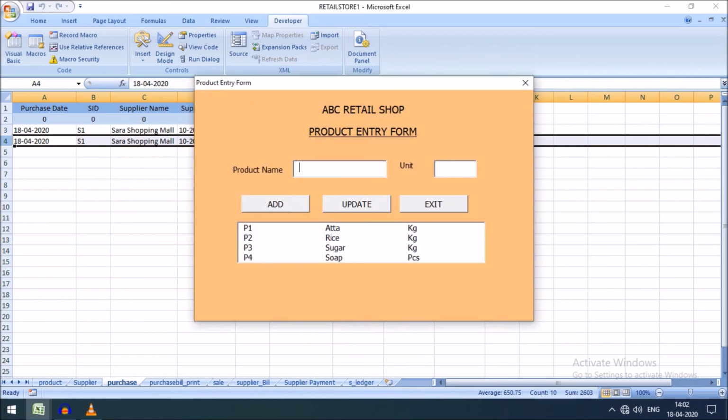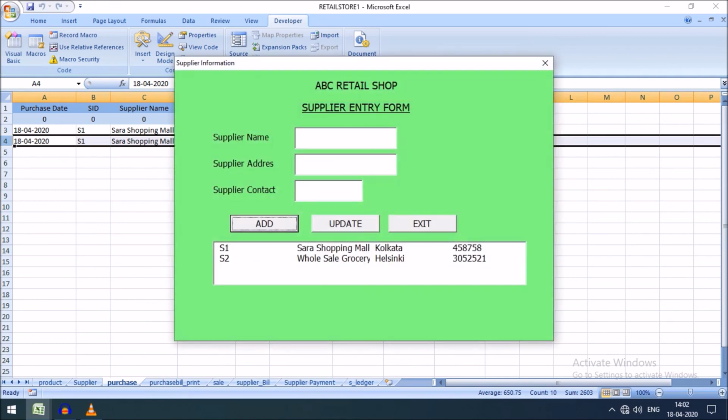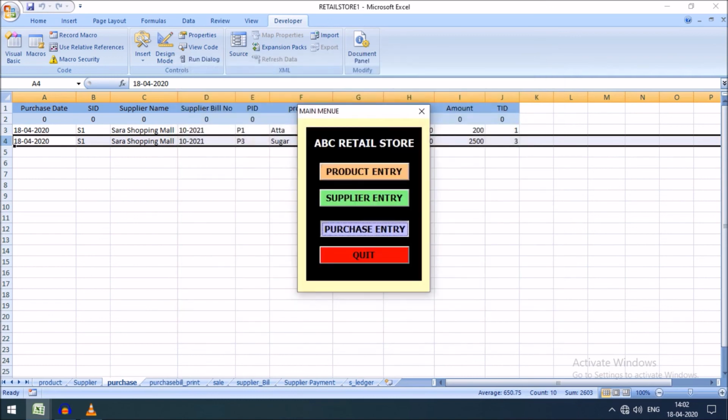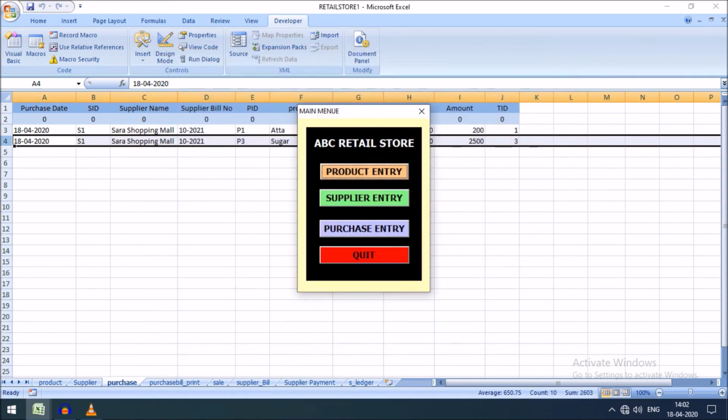This is being added. Just after adding, we can go back to our main menu, and go to the supplier, add another supplier and exit to the main menu, and go to our purchase form and exit. And if I want to quit, I click on the quit button here.